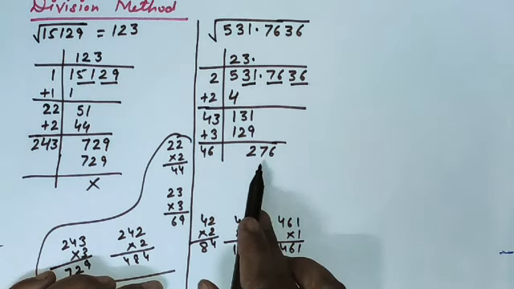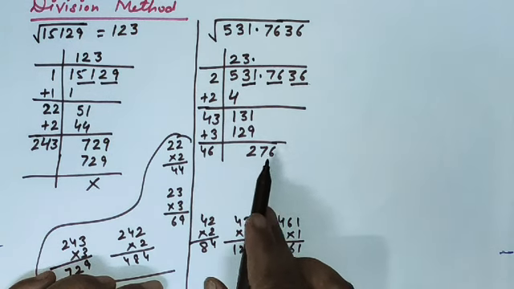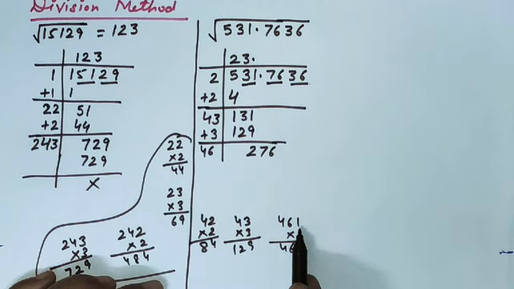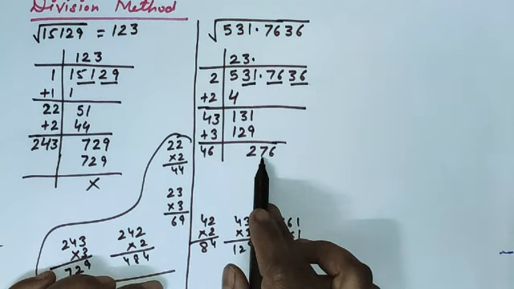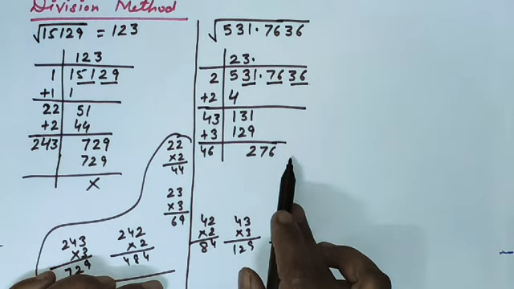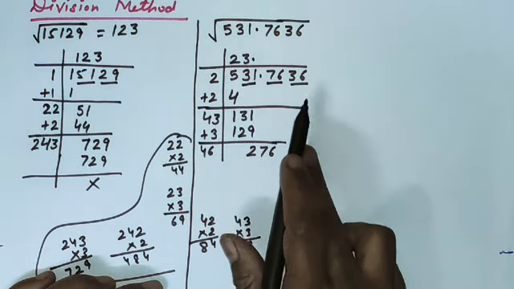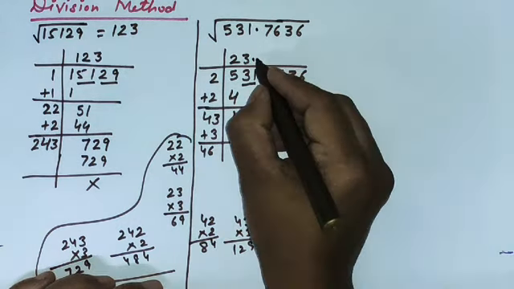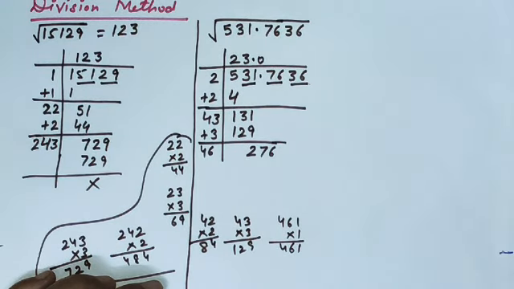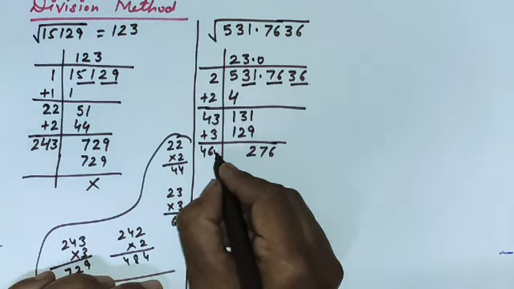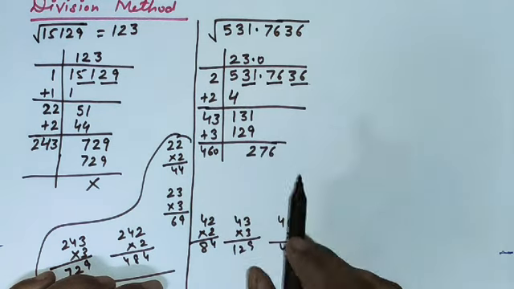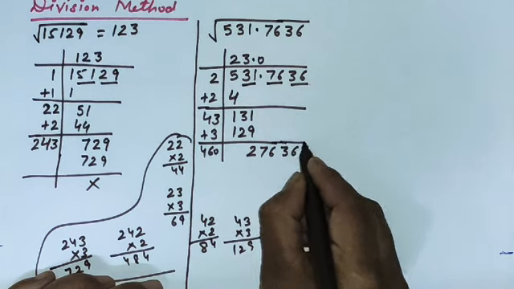So the number becomes smaller. That means the number which I am going to divide, it becomes smaller than the divisor. Even if I take the smallest digit 1, then also it is going to be the smaller number. So what should I do? I have to carry the next pair also down. So before carrying the next pair, as we do in the case of division, we put 0 here. In the case of square root, I have to put 0 here and here also. Then I will carry the next pair, which is 36.